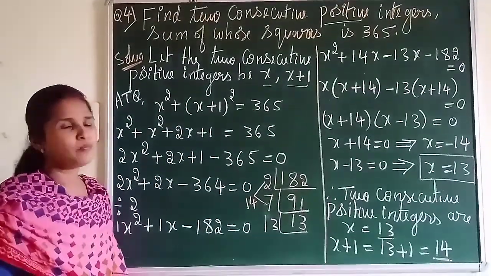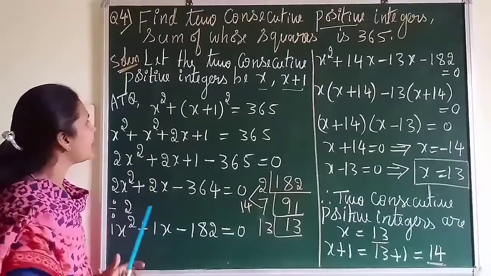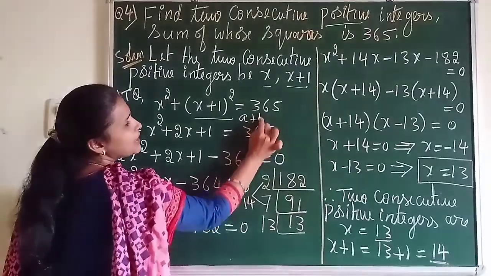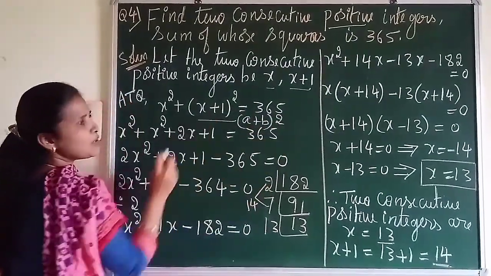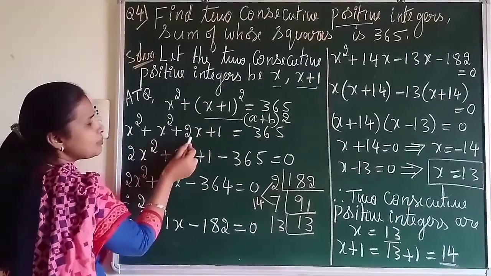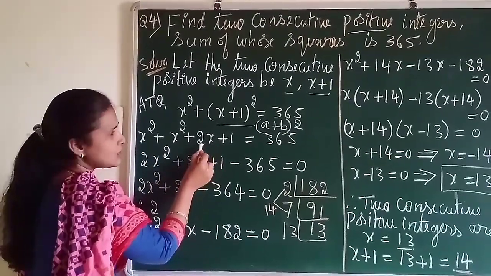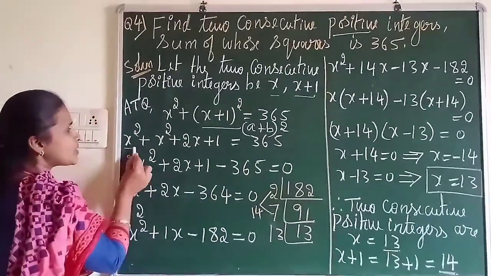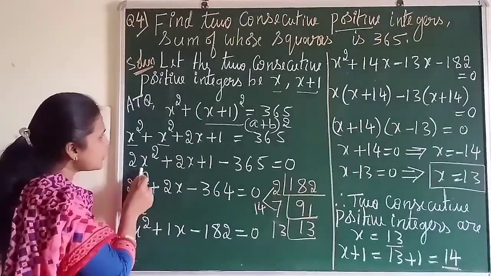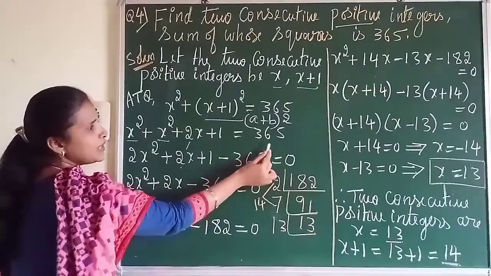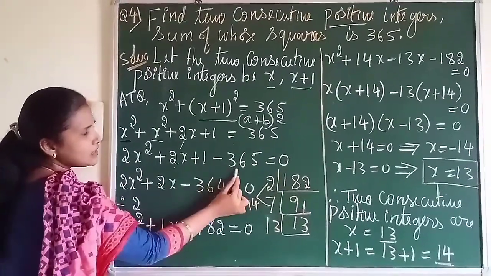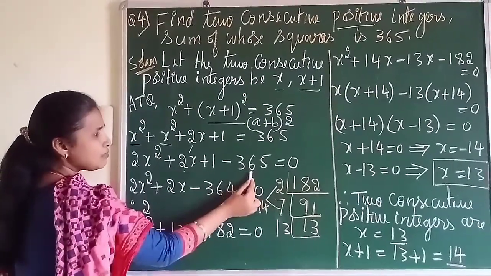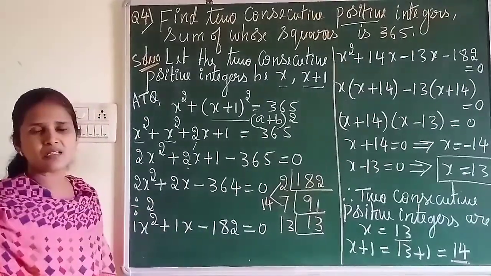Now it is not in standard form, so expand and simplify, and we get the standard form. Write x square as it is. This looks like a plus b whole square, so apply the formula for (a plus b) whole square. a square is x square, plus 2ab is 2 into 1 into x, that is 2x, plus 1 square becomes 1, equal to 365. Now x square plus x square, those are like terms, become 2x square. Write 2x as it is. Bring 365 to this side, it becomes minus 365 equal to 0. So 2x square plus 2x minus 365 plus 1 becomes minus 364.